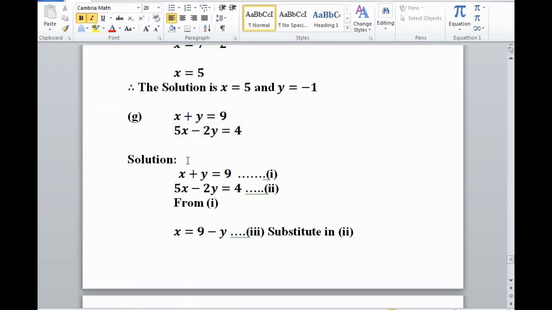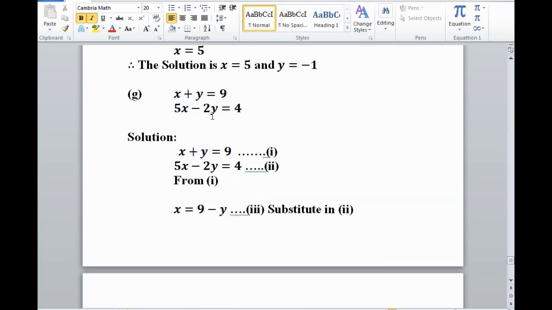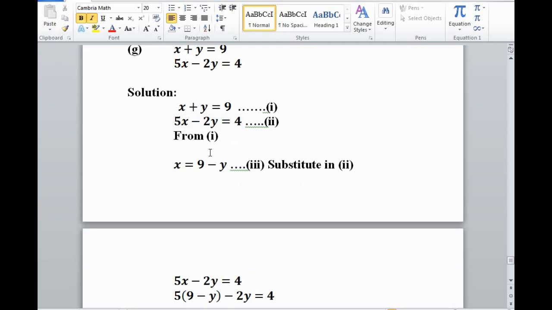Another part from this question is x plus y equals 9. I'm going to name this equation as equation 1 and the second equation as equation 2. So let's take equation 1, which is x plus y equals 9. If I rearrange equation 1 to express x in terms of y, then this equation becomes x equals, if we shift this plus y from the left to the right side, 9